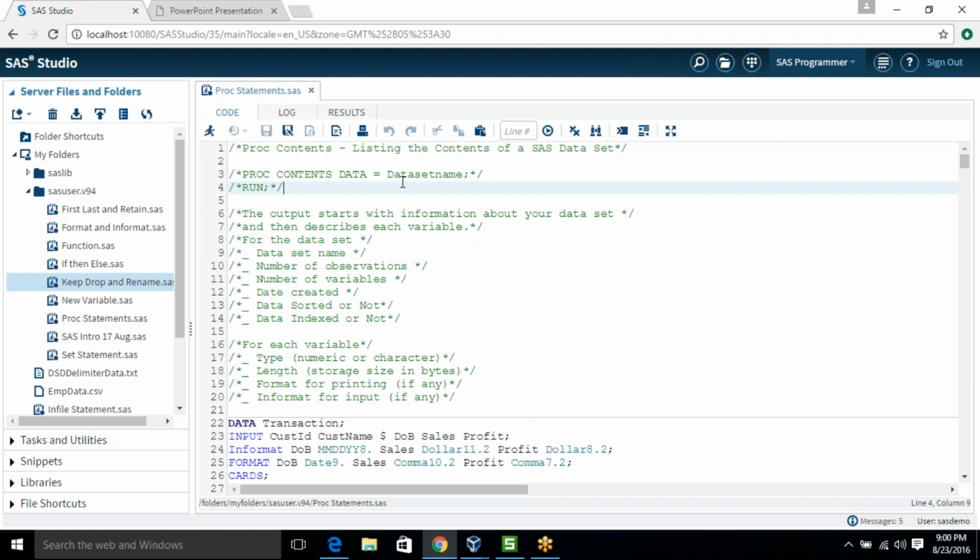Then you have to figure out what the properties of that data set are. The properties of a variable or column, I think we already know: label, name, length, type, format, informat. But now it comes to the properties of a SAS data set: how many records are there, number of variables, data set name, when it was created, data sorted or not, data indexed or not.